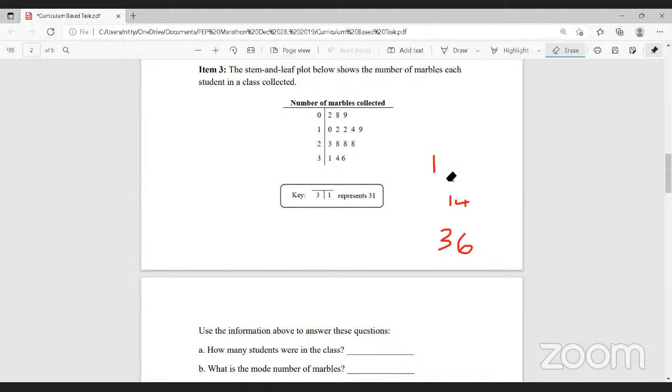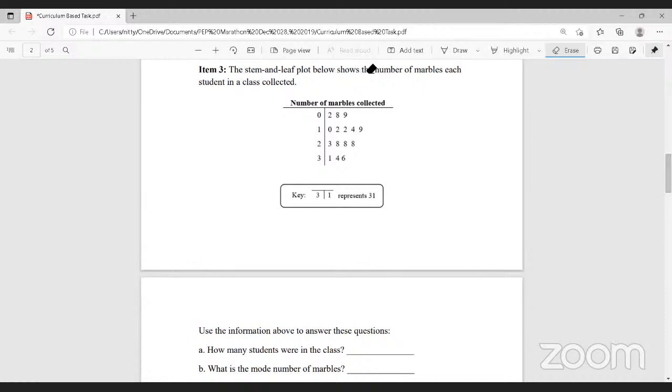All right, let's go to the first question. The first question says we're going to use, but we first need to pick up this, this says the